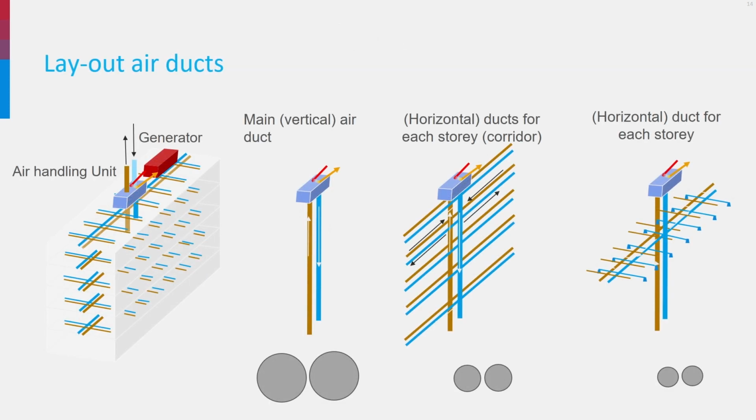Let's look at the layout of air ducts. The blue line is fresh air heated by the generator. In brown, you see the exhaust ducts, which have the same size as the supply ducts. So the total space needed is like on the picture. The air is distributed to each floor by vertical ducts. On each floor, there are branches in the corridor and from the corridors to the rooms. A similar layout is used for water systems.